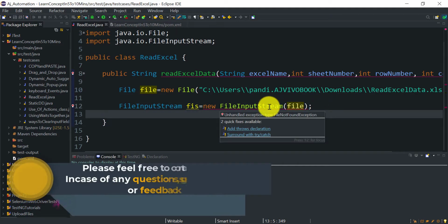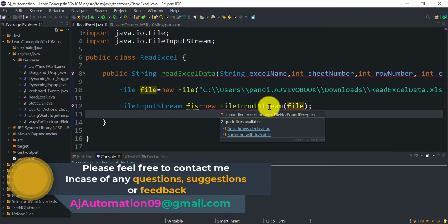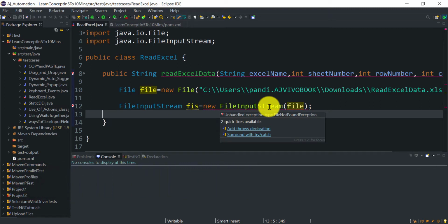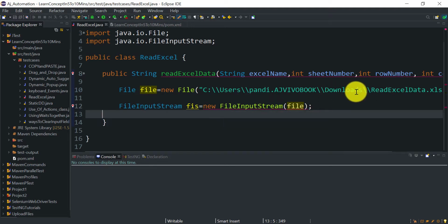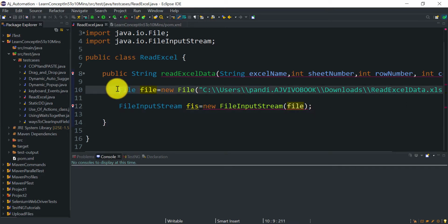As we are going to read an external file, in the exception sessions I have already said that if you want to read any external file, the compiler will give you an error because FileNotFoundException is a checked exception. The compiler will check if you have added exception handling code or not. So before you run it you need to handle this exception. In case this file is not available at this particular location, that exception will be raised. So you need to handle this prior to running that code.